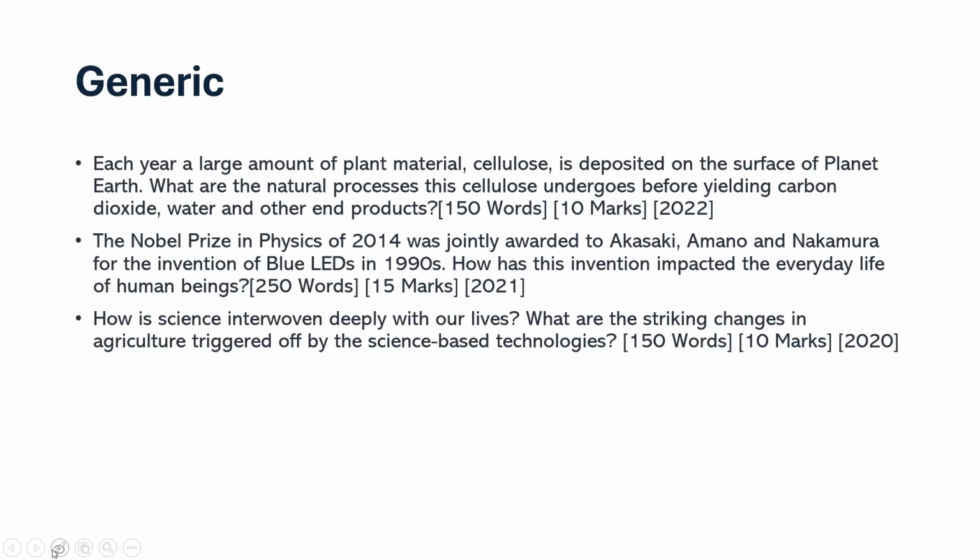Okay, let's come to the next part of the questions, which is generic questions. Last year there was a question on cellulose. Each year a large amount of plant material, cellulose, is deposited on the surface of planet Earth. What are the natural processes this cellulose undergoes before yielding carbon dioxide, water and other end products? Alright, so again a typical, very factual question, and what you can do over here is write the introduction, then you can write about